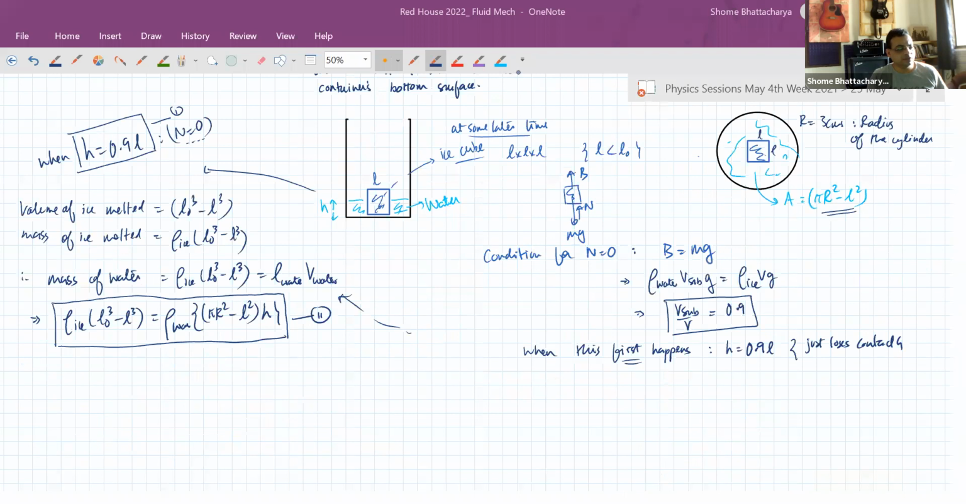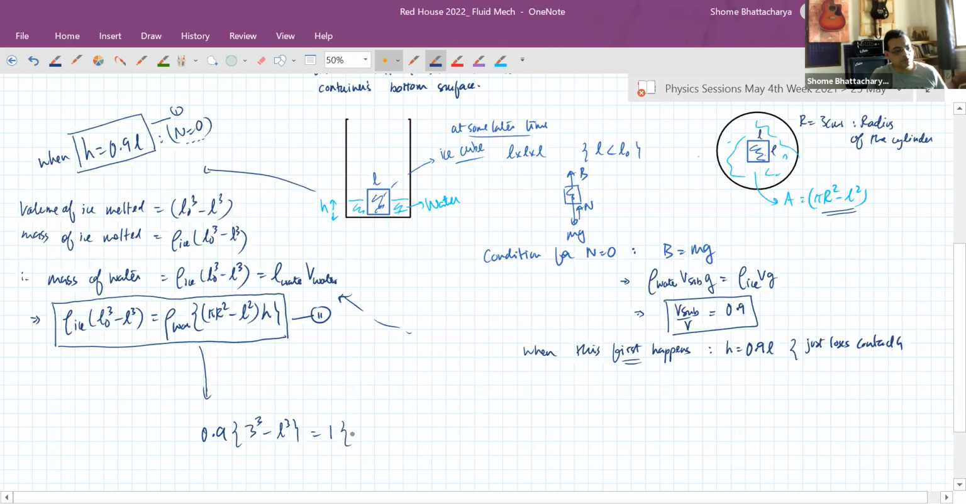Okay. So substitute equation 1 in equation 2, so you get 0.9 into 3 cube minus L cube. We are taking CGS units on both sides, so it's quite fine. Is equal to 1 into, sorry, 4 cube, my mistake. L naught was 4, correct. Yeah, pi r square minus L square into, now I want to make the value of H as 0.9 L. So that's how this thing turns out. Okay, is equal to